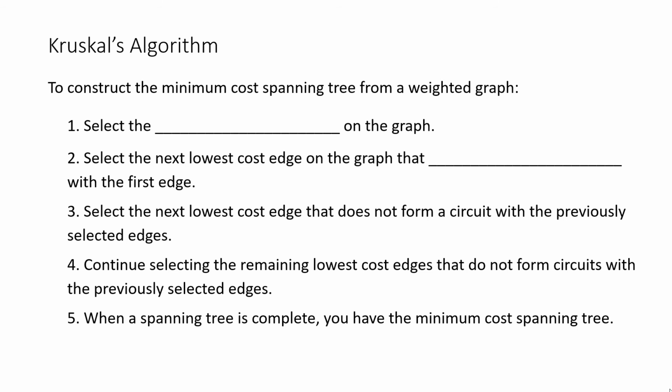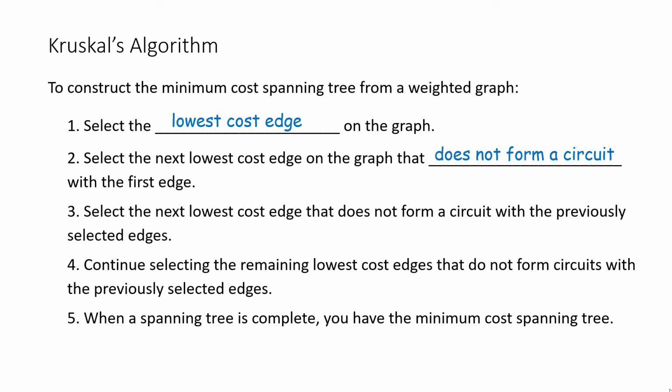To do so, 1. Select the lowest cost edge on the graph. 2. Select the next lowest cost edge on the graph that does not form a circuit with the first edge. 3. Select the next lowest cost edge that does not form a circuit with the previously selected edges. 4. Continue selecting the remaining lowest cost edges that do not form circuits with the previously selected edges. 5. When a spanning tree is complete, you have the minimum